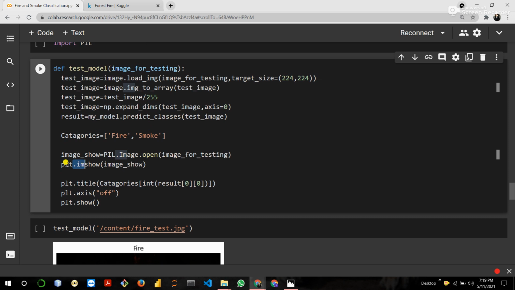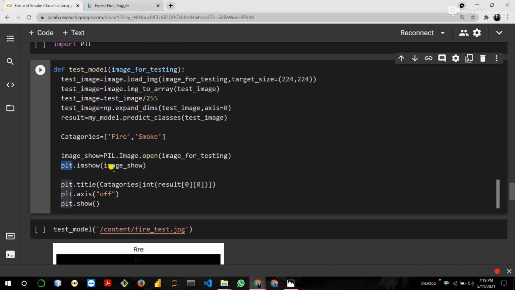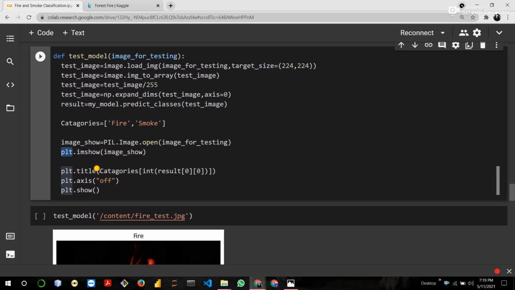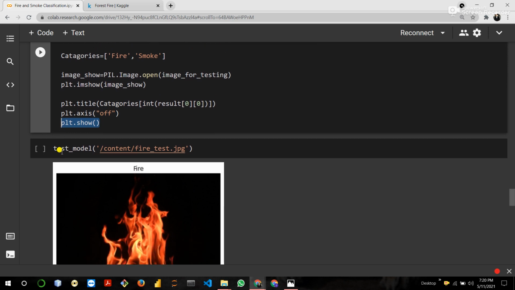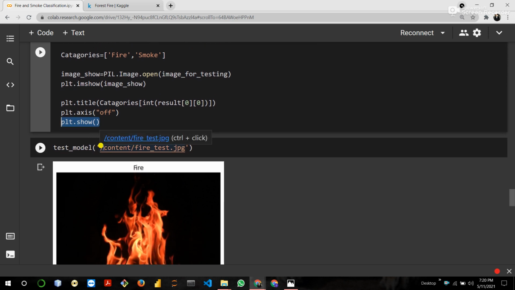Then matplotlib function plt.imshow is used to show the images, and plt.title is this. The axes are turned off, and plt.show is used to show the complete image.